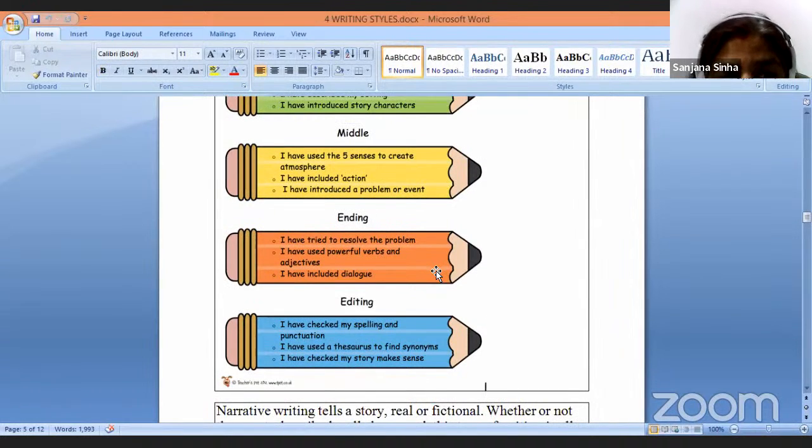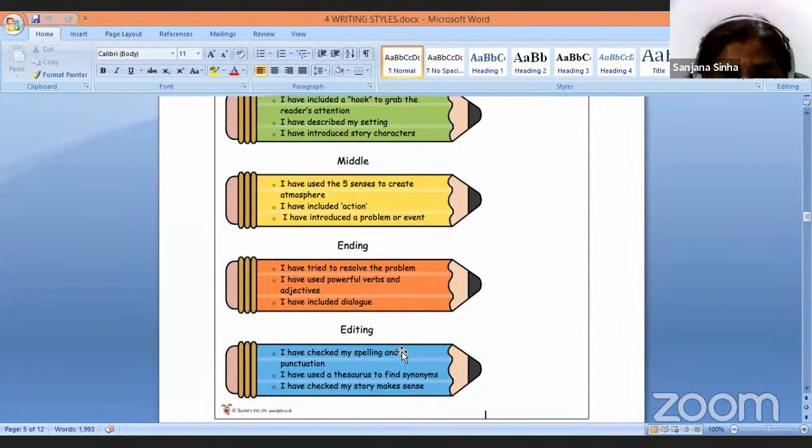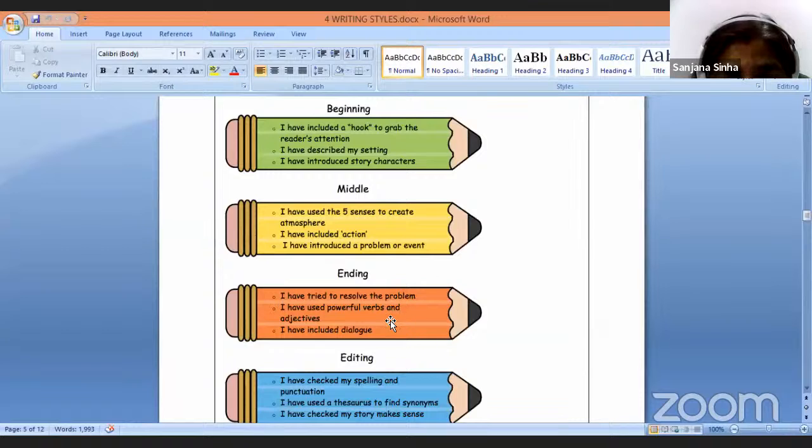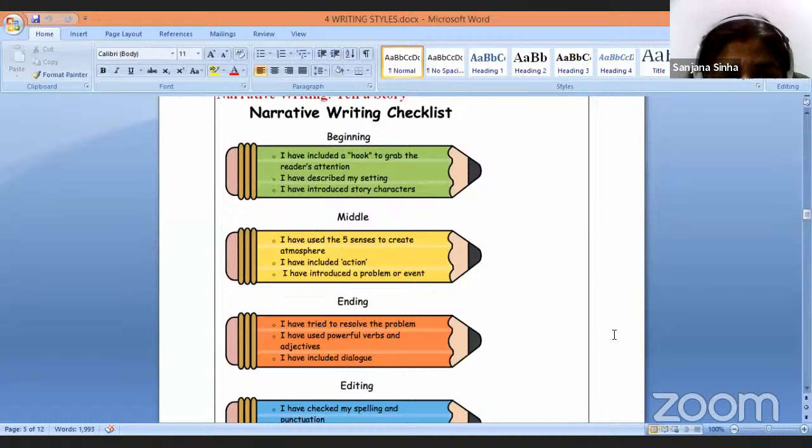So after you've done this, the beginning done, the middle done, the ending done, the resolution done, the dialogues included. Now, it's not that you will include the dialogue only in the end. इसका ये मतलब नहीं है. इसका मतलब है कि dialogue आपको all through करना है. Throughout the story, you have to put in dialogues. So when you're done with the beginning, the middle, the ending,